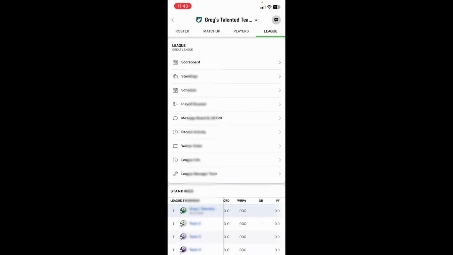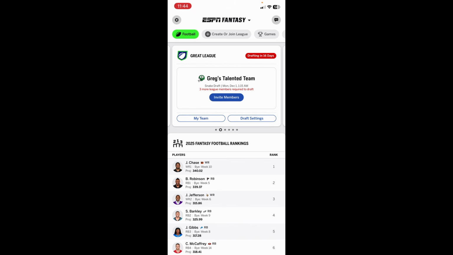Now let's show you how to join a league in case you want to skip the hassle of actually managing a league and looking for others to join in your league. Now in order to do that, you just simply need to go over to the top left corner where you can see the back arrow, and it's going to take you back to your ESPN Fantasy homepage. And now what you can do in order to join the league is once again at the top, click on create or join league. Tap on it,